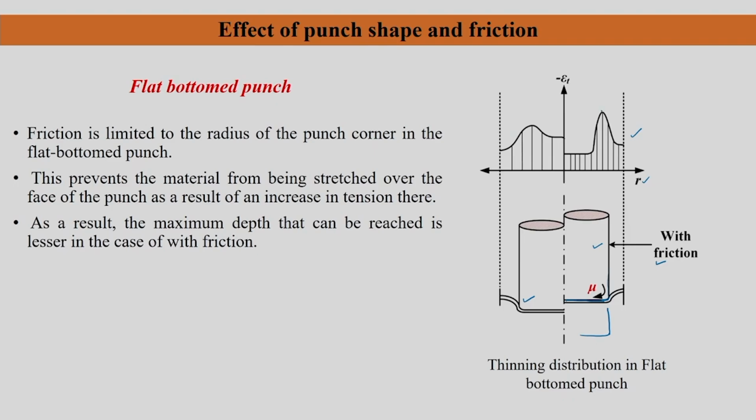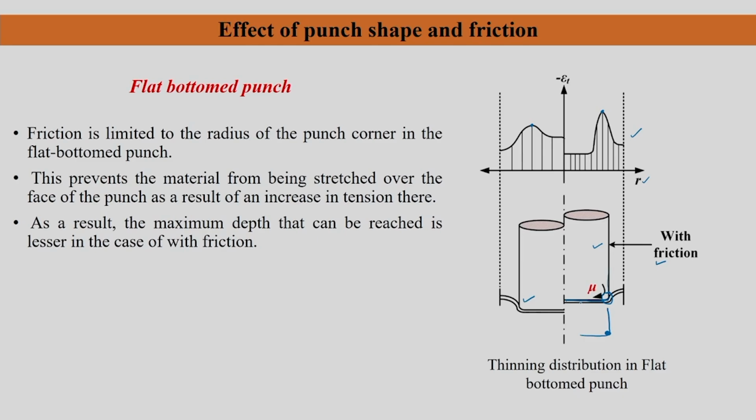In one case you will see that it peaks somewhere here, in the other case the peak is somewhere here. The peak value in the with friction case is going to be larger as compared to without friction for the flat bottom case, because mu is going to play a big role only in the corner region, nothing much in the flat region. So, the friction is limited to the radius of the punch corner in the flat bottom punch. Radius of the punch corner means this radius. So, it is limited to that particular location. This prevents the material from being stretched over the flat face of the punch as a result of increase in tension there. So, naturally tension will be more in this particular location, and hence the face region may not play a big role